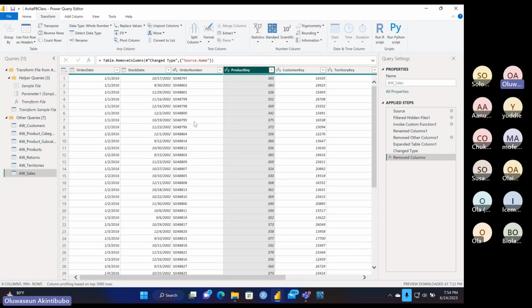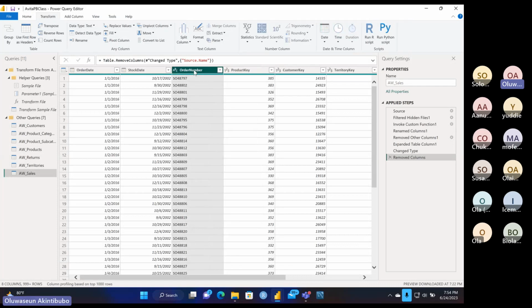Just listen again. What I said was that we checked the count of distinct values in the order number, and it was 25,164. Then we checked the total count. The total count is the count of each value there, and the distinct count is the count of distinct values. So the distinct count gave us 25,164. The total count gave us